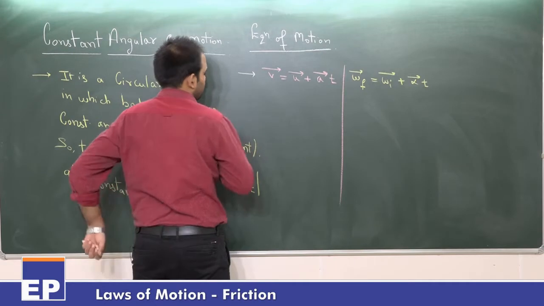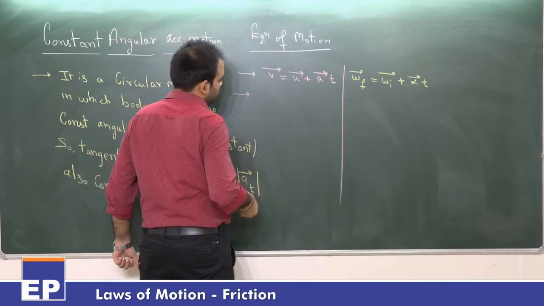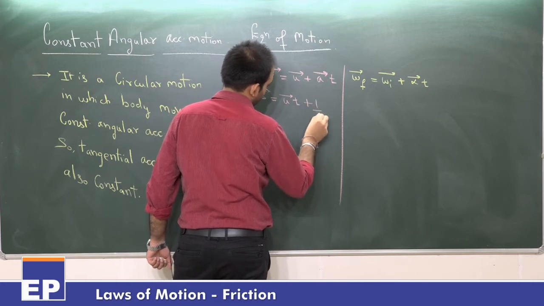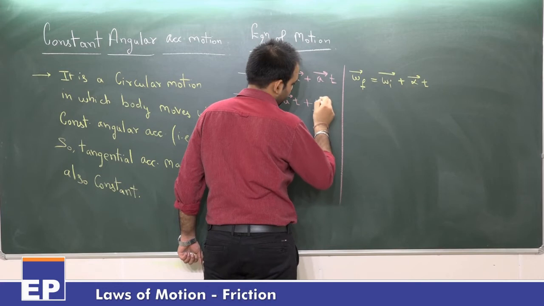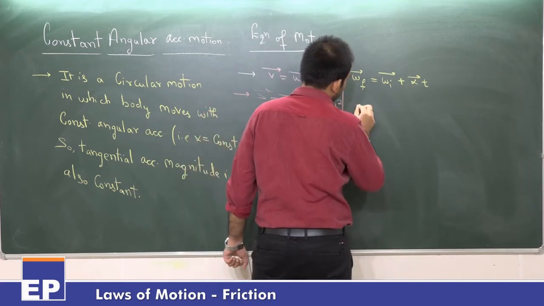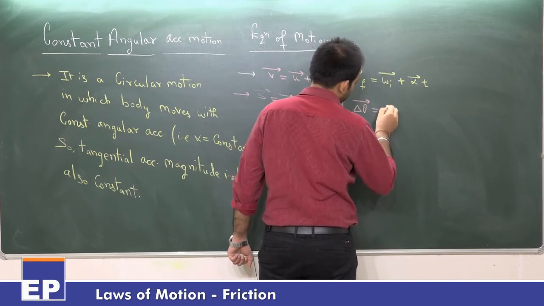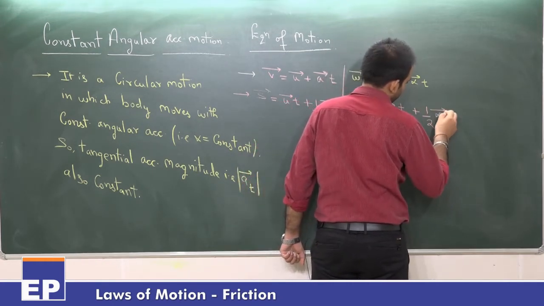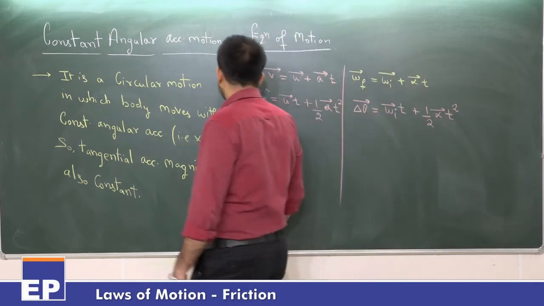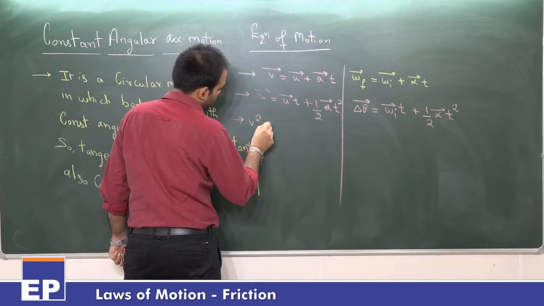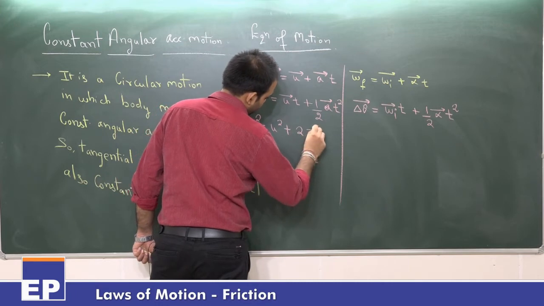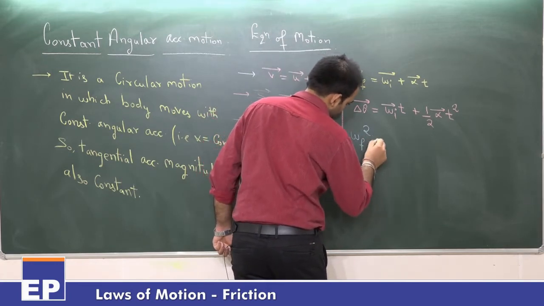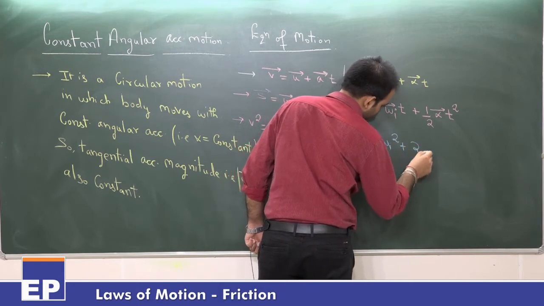वहां पर क्या होता था, डिस्प्लेसमेंट s इज इक्वल टू ut प्लस half at squared, यहां बन जाएगा एंगुलर डिस्प्लेसमेंट, that is ओमेगा इनिशियल इंटू t प्लस half अल्फा इंटू t squared। वहां v squared इज इक्वल टू u squared प्लस 2as, यहां हो जाएगा ओमेगा फाइनल का squared इज ओमेगा इनिशियल का squared प्लस 2 अल्फा इंटू डेल्टा थीटा।